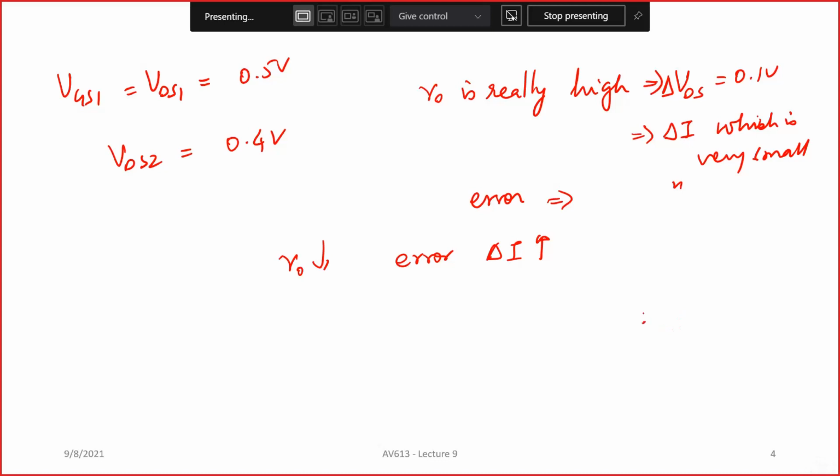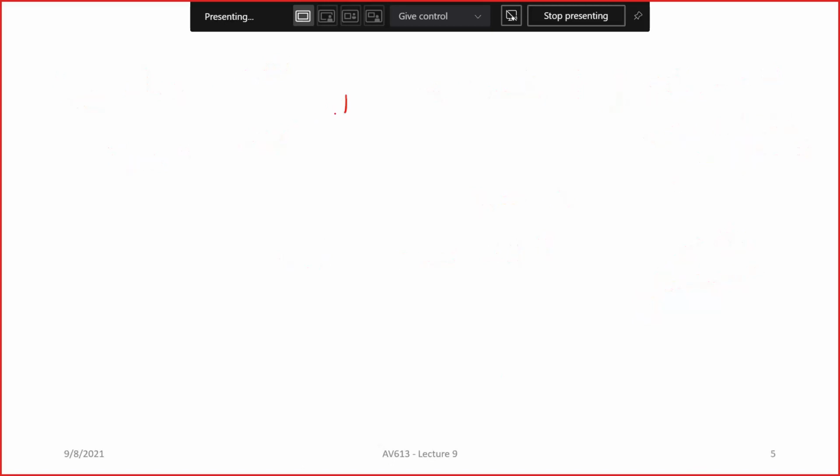This error of delta I will start increasing, right? Because as your slope increases, let's say these are the two voltages, 0.4 and 0.5, the delta I here is very small. Now, let's say you have another curve which is going to look like this, the same 2 points. The delta I here is going to be larger. So as your R0 drops, your systematic error in your current mirror is going to increase. All right. So one of the main reasons for going for this cascode is that I'm going to put this transistor on top and make sure that my VDS here